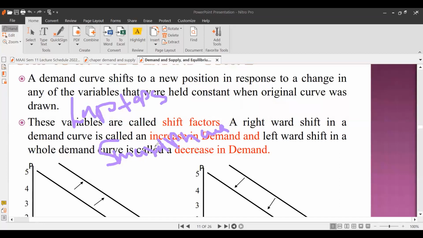Please remember, the price of the related good will affect the demand of the particular product. If there's an increase of the price of smartphones,